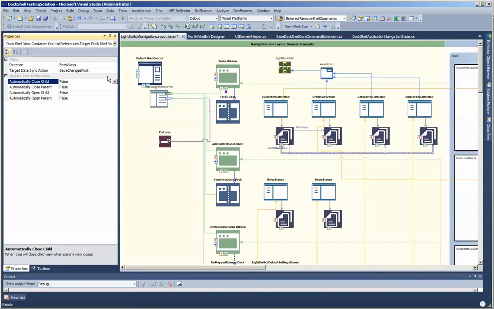This target save and save first. There's another video that speaks to this particular feature. But also available is the ability to modify the open and close behaviors associated to each one of these links. So if we're looking at this first one here, which is between the customer list detail